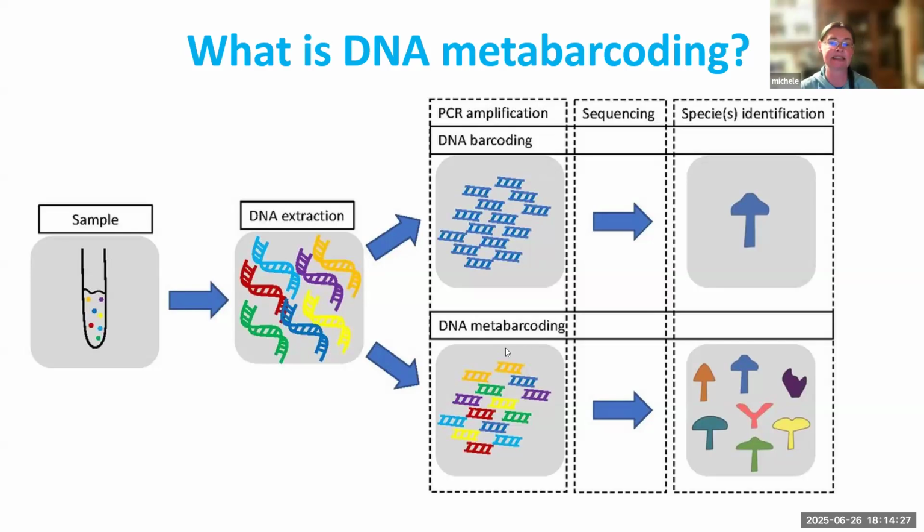Metabarcoding, on the other hand, takes DNA from an environmental source. So you'll often see this called eDNA. I'm old school, so I just refer to it as genomic DNA. eDNA would be the more proper terminology because when you're looking at an environmental sample, there's no expectation that it's going to be a pure culture, right? Of course not. It's a real world sample. And this can be river water, soil. And in our case, we're going to be talking about honey, specifically the pollen that's in honey. And in the end, you can actually take all the organisms and identify them simultaneously. And here's my analogy, and hopefully this makes sense to everyone.